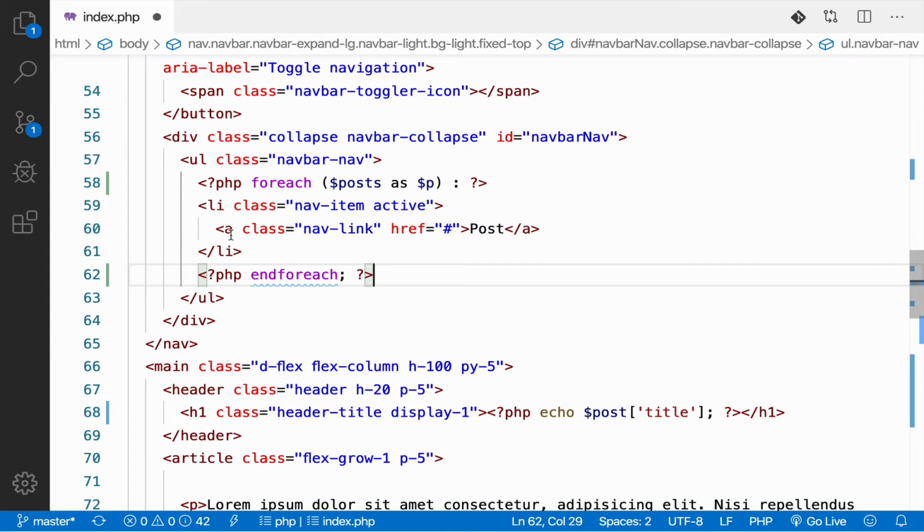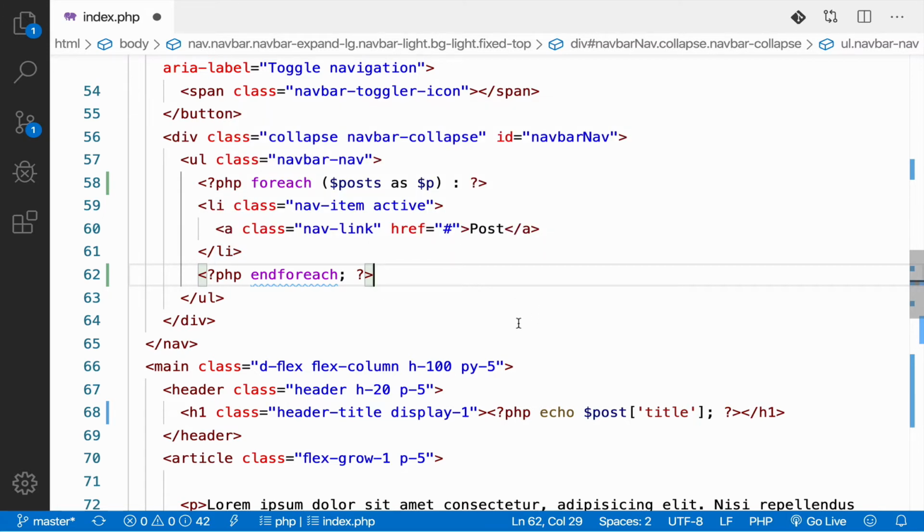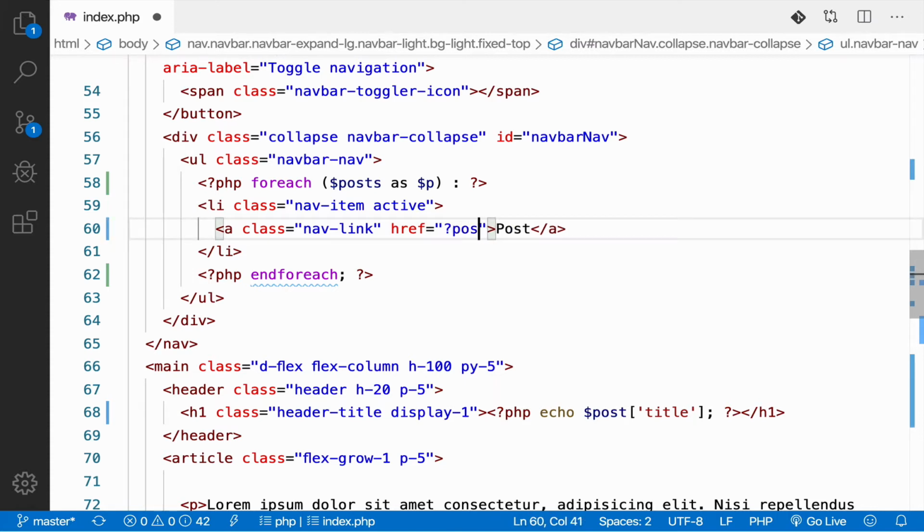Okay, so now this will repeat for each post, but it's not adding anything from the post data. All it's doing is repeating this static HTML. So let's go ahead and replace this static HTML with some actual content. We're going to replace the href here, the hashtag, with a question mark, post equals, and then our PHP block